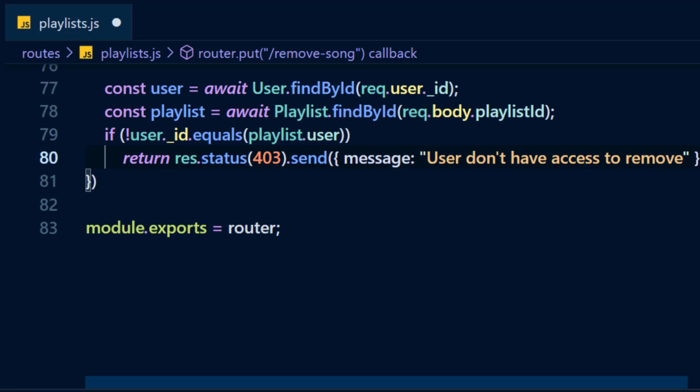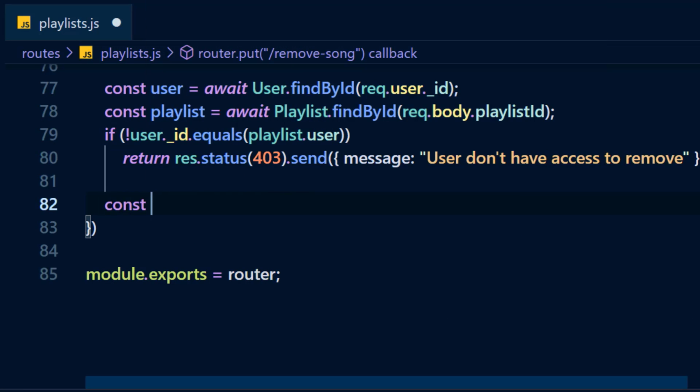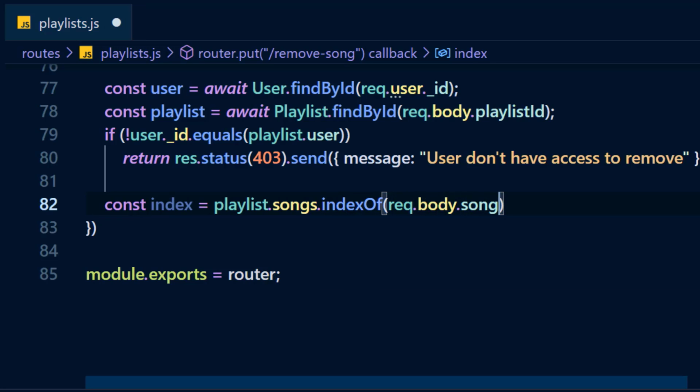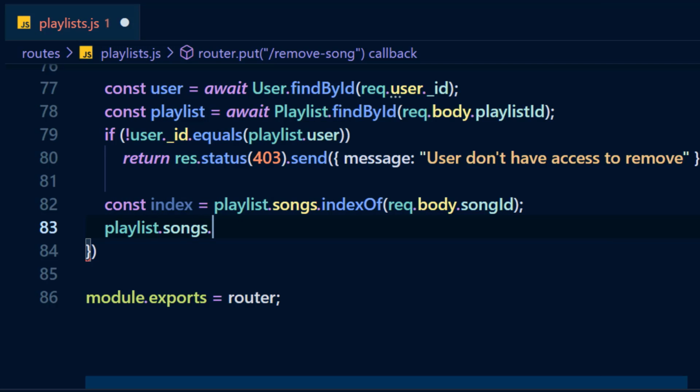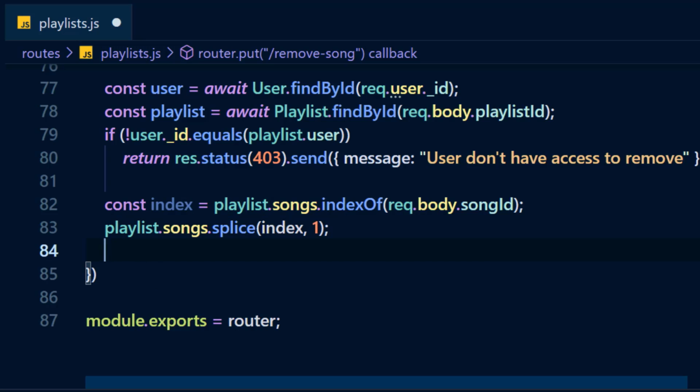Const index is equal to playlist.songs.indexOf(request.body.songId), and we're going to find the index of the song and remove it by the splice method. Splice with index and one element. Okay, and we're going to save